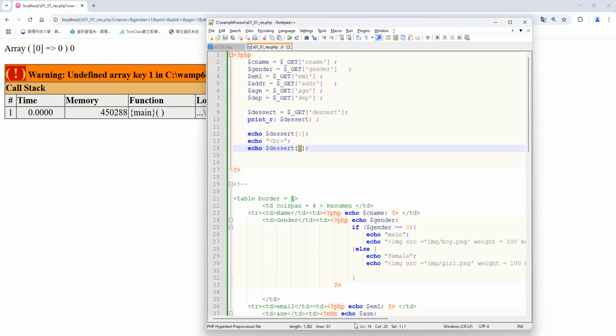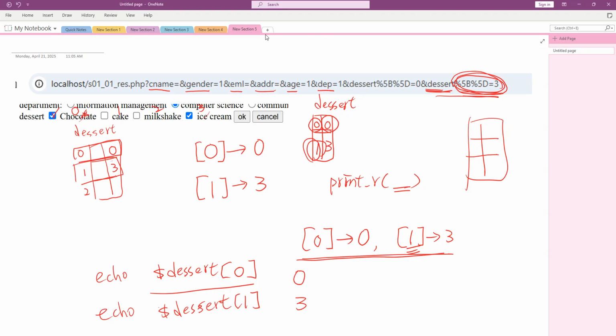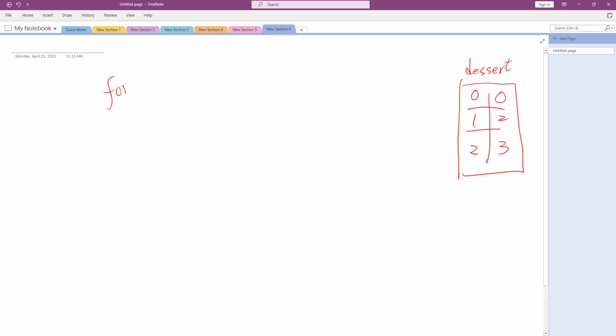right? So go back here. Let's try to solve this problem. Okay, once again. So I got an array. This array contains maybe a dessert, D-E-S-S-E-R-T. I have 3 items, and each item is 0, 2, 3. So if I want to use a for loop to show out everything, how to use a program to write it down? So I will use a for loop. For